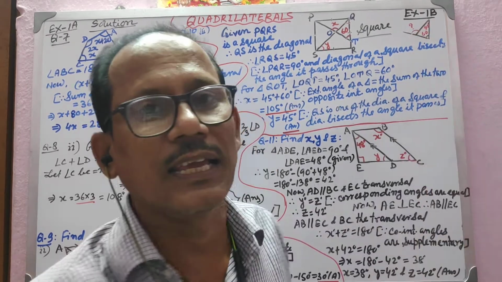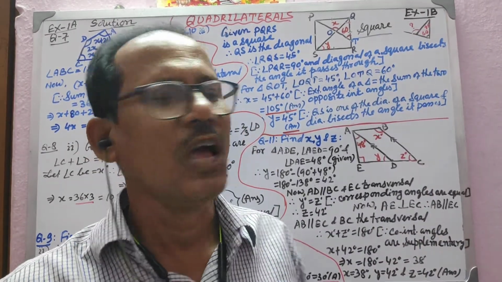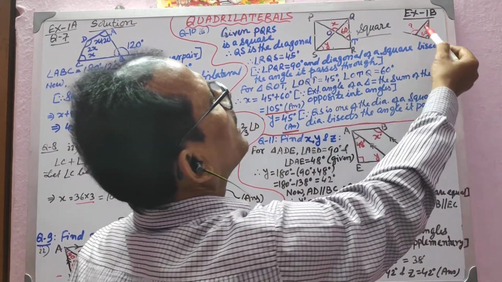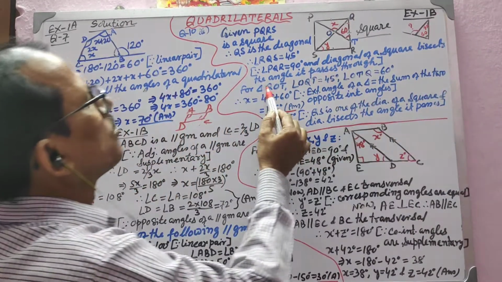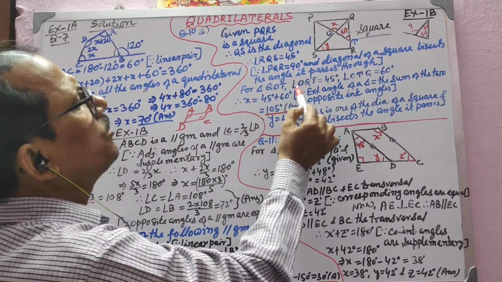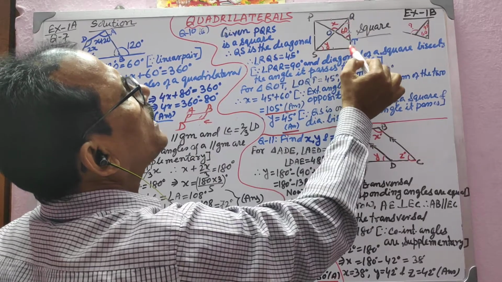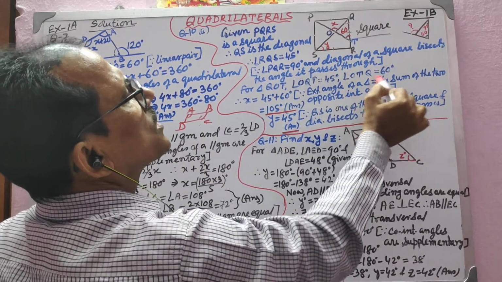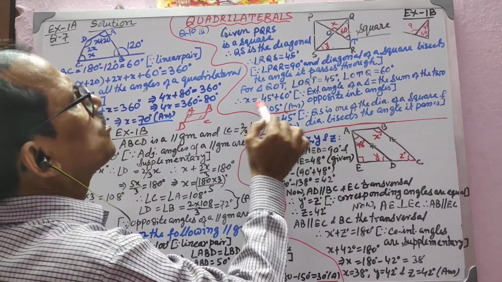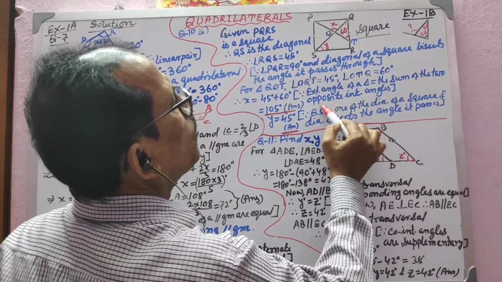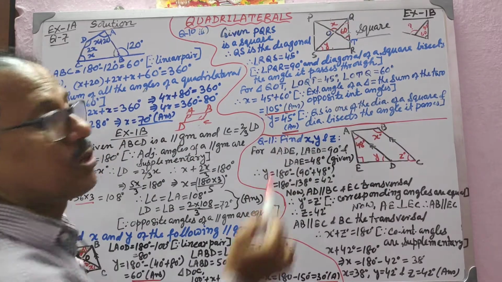Exterior angle of a triangle is equal to the sum of the two opposite interior angles. So x value will definitely become 60 plus 45. That is what you have done. For triangle QOT, OQT is equal to 45 degrees, and OTQ is equal to 60 degrees, already given to you. So x will become 45 plus 60. Exterior angle of a triangle is equal to the sum of the two opposite interior angles. So x is equal to 105 degrees.